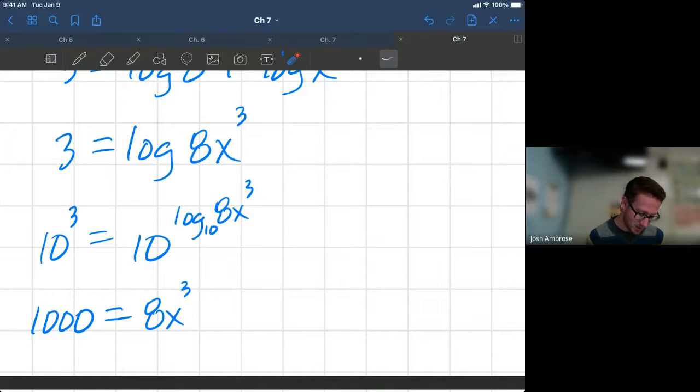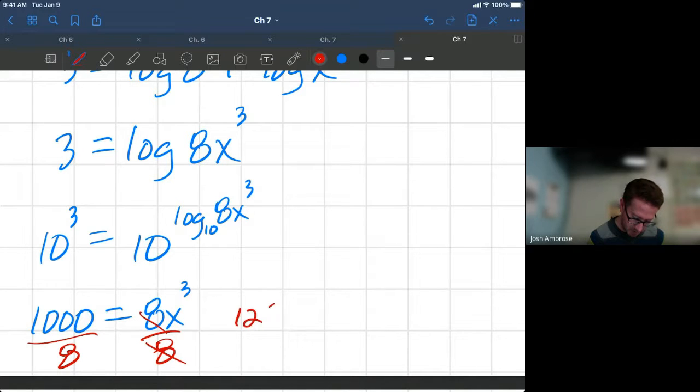Then let's just go through our normal steps. Solving for x, dividing both sides by 8. These cross out. That leaves you with 125, which equals x to the 3rd power. And you are then going to take the cubic root. So you ask yourself, what number to the 3rd power equals 125? And if you were to take the cubic root,